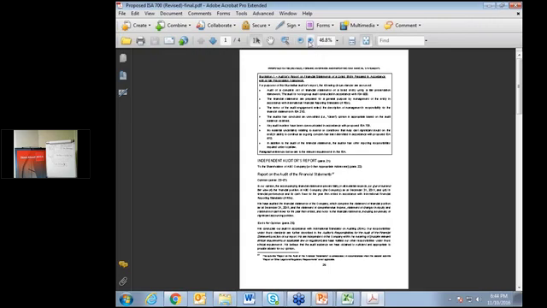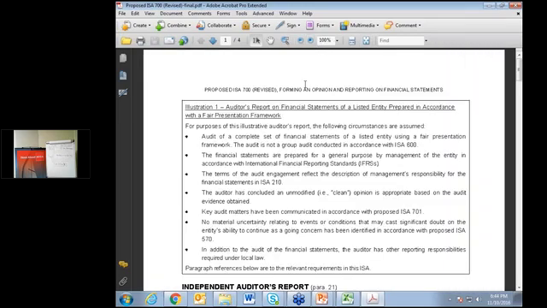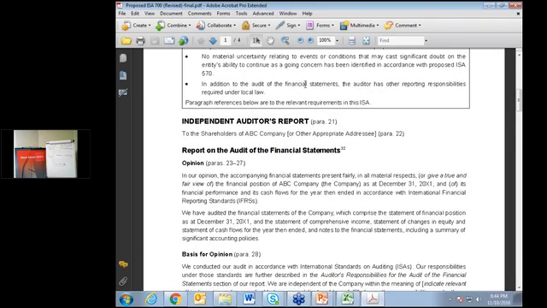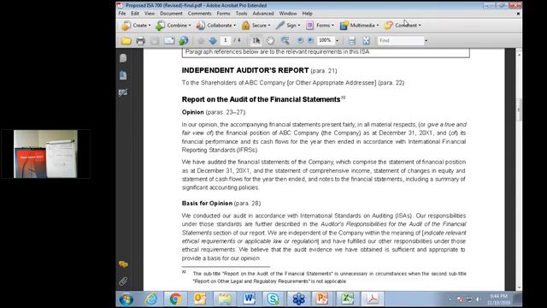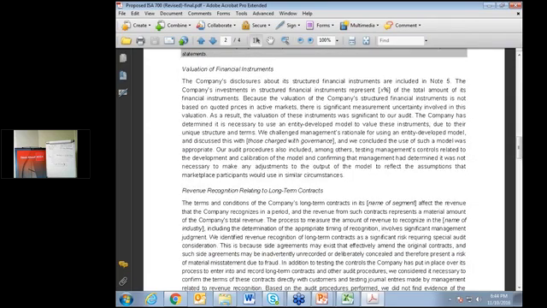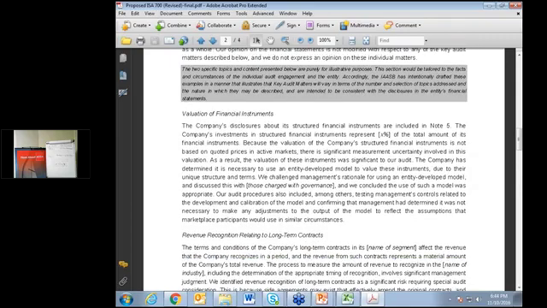This is basically the new audit report. There is a box that shows with the background. And now you can see the independent auditor's report. It's basically 4 pages long, and this audit report has 2 key audit matters. One is on the valuation of financial instruments and the other is on the revenue recognition related to long-term contracts. I think it's a good idea to give 5 minutes to all of you to go through these 4